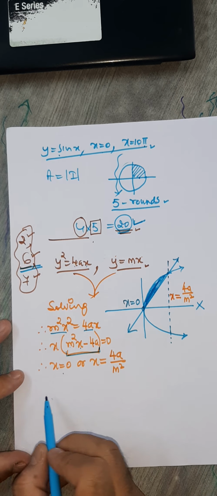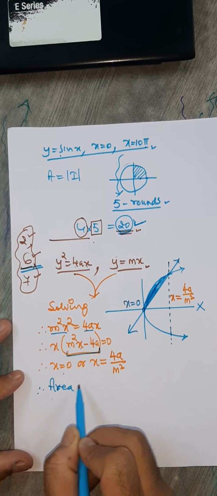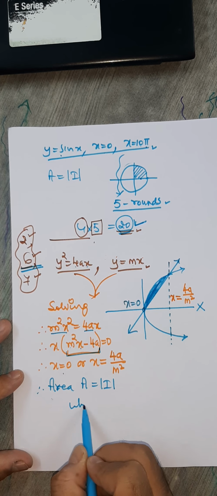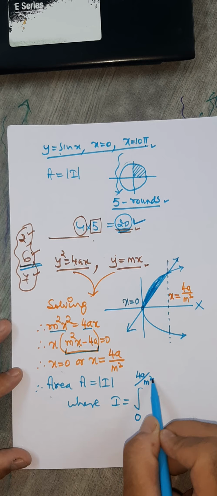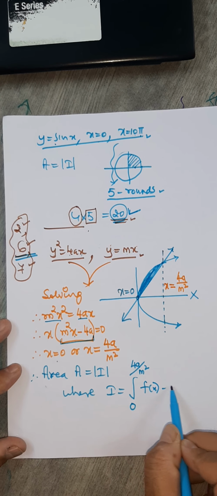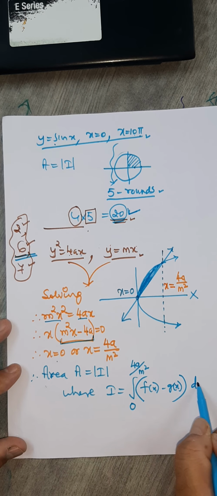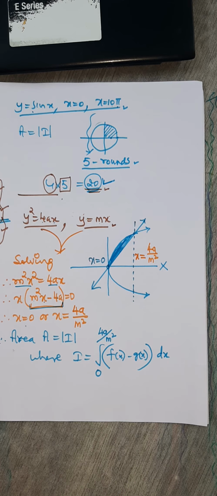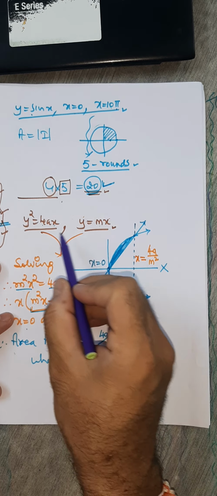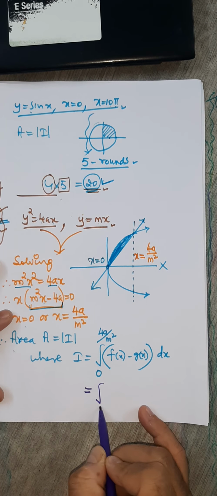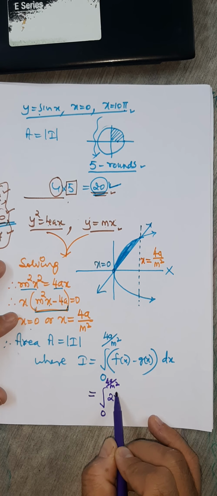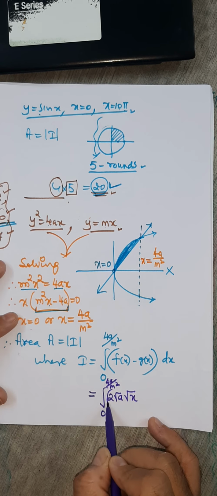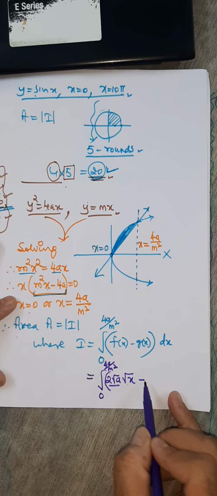So here area A equals the modulus of I, where I is the integral from where to where? From 0 to 4a by m square, of one function minus the other function, f(x) minus g(x), around which axis? The x-axis. So from both, what will you take out? y. One function minus the other function; order is not important, remember, you can take any function first. So take y out from this. You are working in the first quadrant, so only the positive square root will come. From 0 to 4a by m square, what is y from this? 2 root a, which is constant, times root x. This is constant, only this much you have to integrate, minus